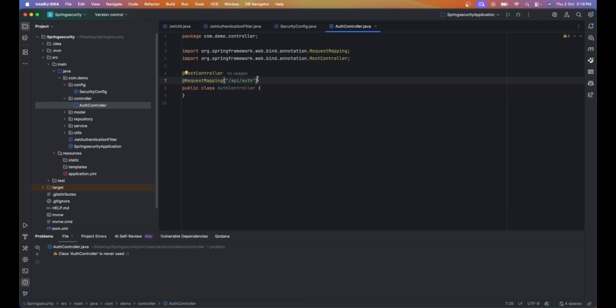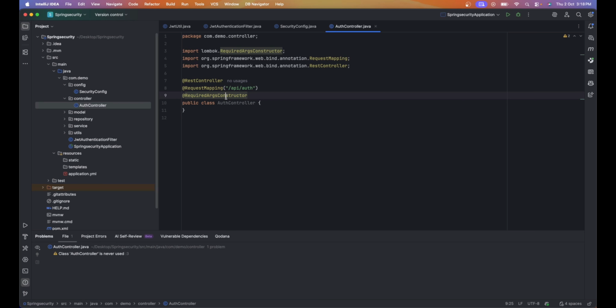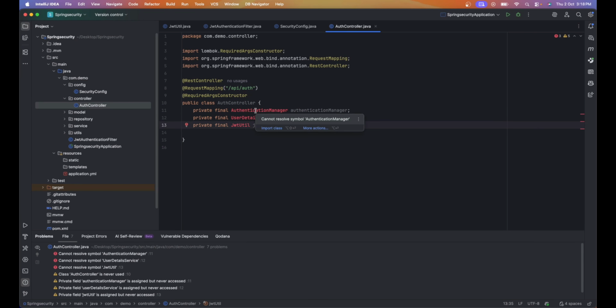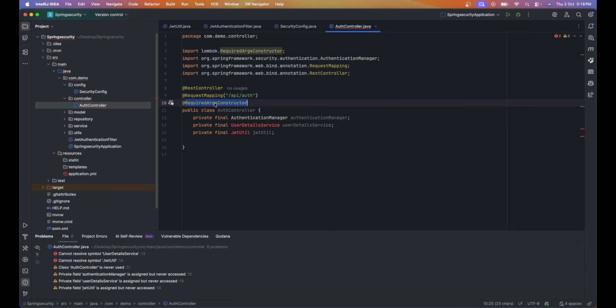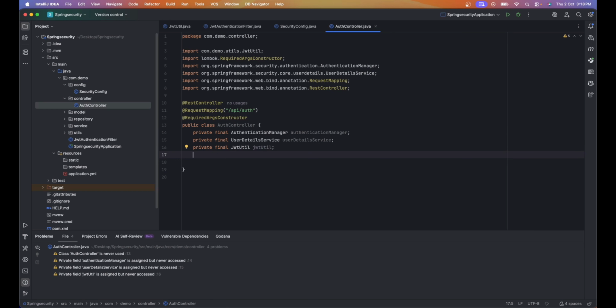Okay, the annotations are good, and here I generate a required argument constructor. Some dependencies are required for this controller. By default, we have written the RequiredArgsConstructor annotation, and in this situation it automatically creates the constructor for those. And here I have written two methods, like login and